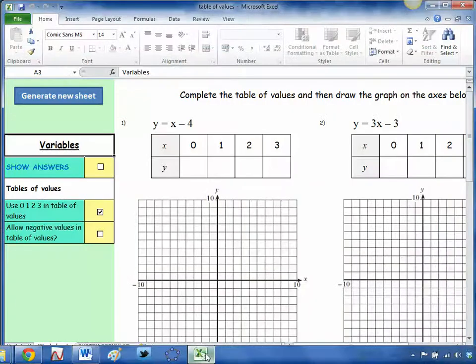So the first one that caught my eye was this, straight line graphs, tables of values and plotting them. Now like any good Excel worksheet, it'll have this option here, generate new sheet, and you can click that as many times as you want. You can generate as many new examples as you like, but it's better than that because there's lots of extra options. If you don't want just 0, 1, 2, 3 in the table, take that off,